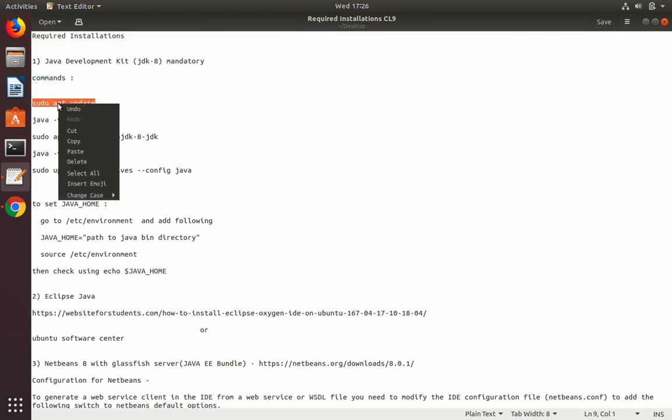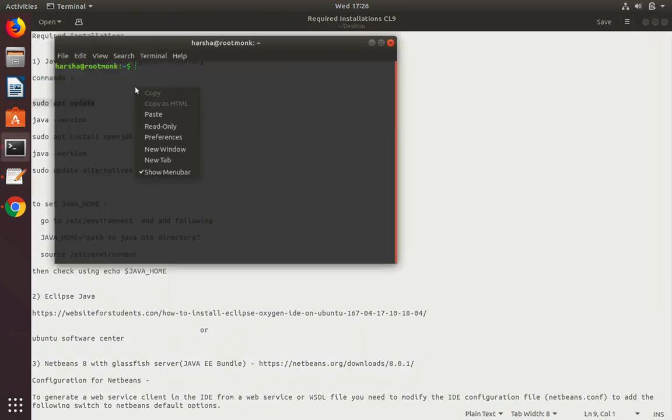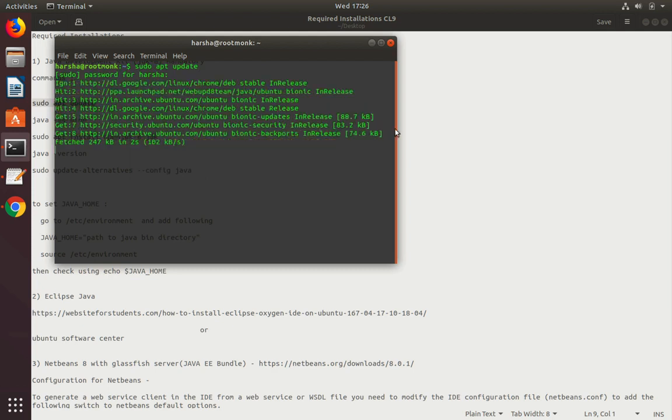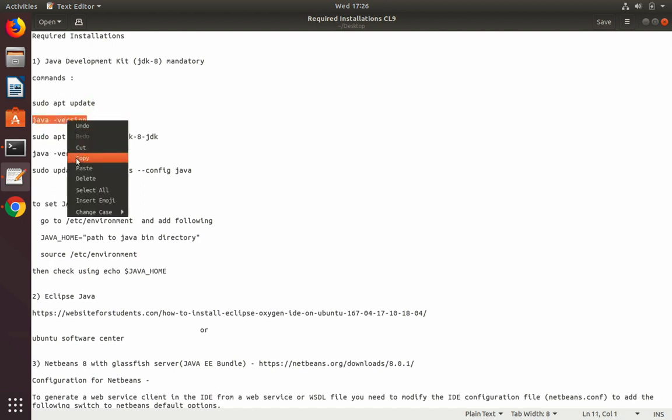First of all, we'll type sudo apt-get update, open your terminal, paste the command. Check if Java is already installed on your machine using this command, java -version.